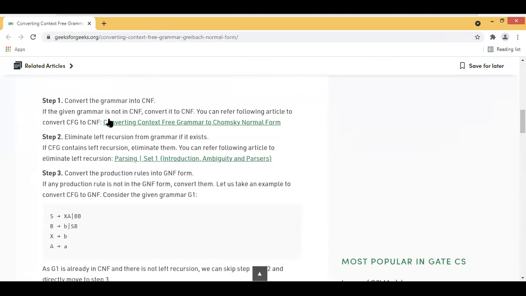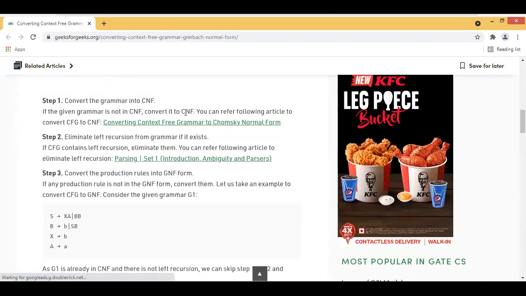And if the given grammar is not in CNF, then you need to convert it. You can also go through how to convert the given grammar into CNF, where you have conditions, a syntax in the form of two production rules, and you just need to follow those two production rules and get the given grammar into that form, right?